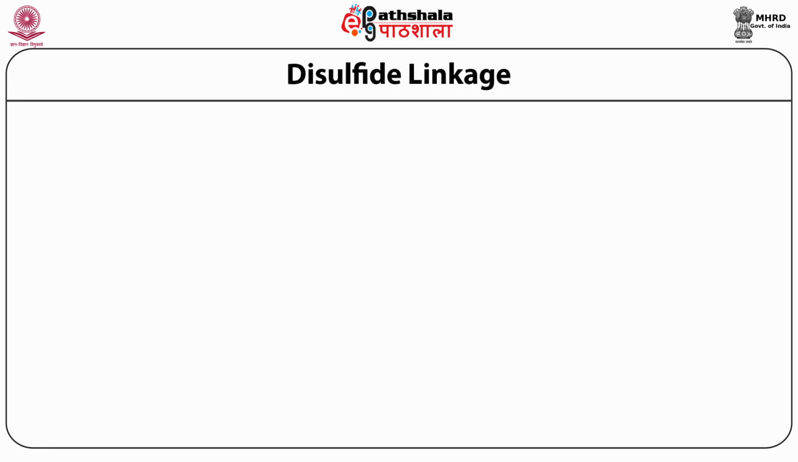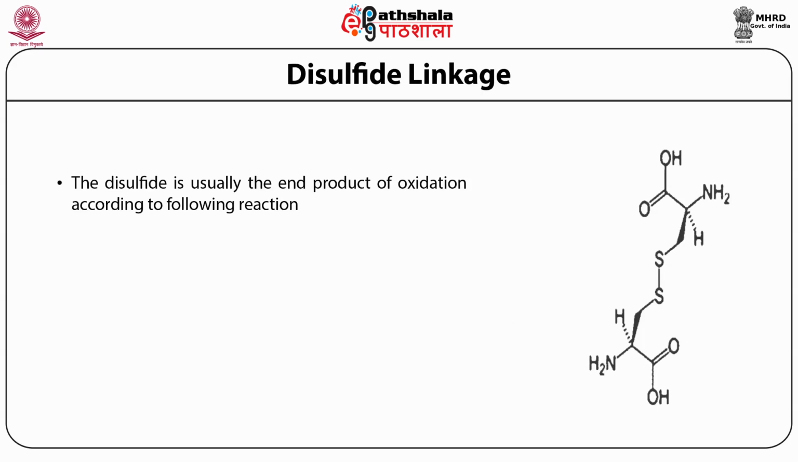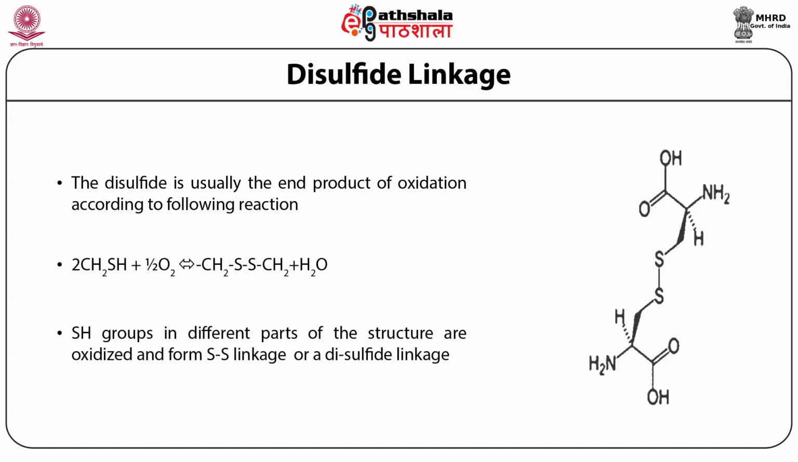Disulfide linkage. Disulfide is usually the end product of oxidation according to the following reaction: 2 CH2SH plus half O2 equals CH2S-SCH2 plus H2O. The SH groups in different parts of the structure are thus oxidized to form a SS linkage